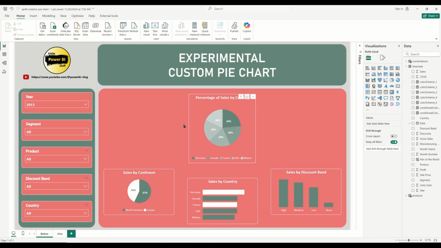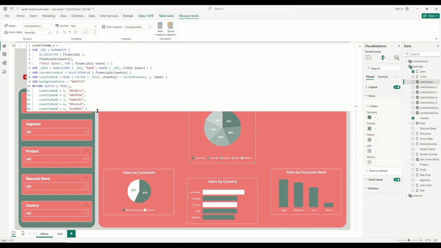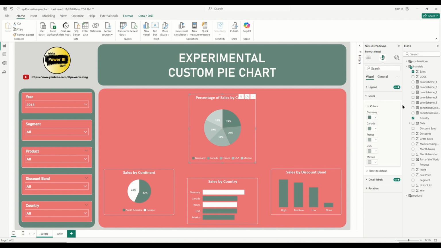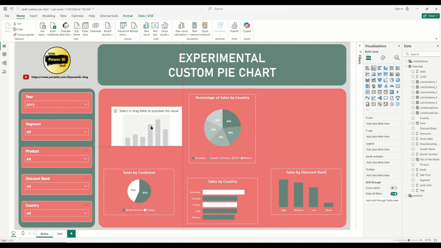We will start off from such a simple pie chart, though this simple has a secret behind. If you think this gradient color theme was carefully handpicked by me in the color selection section of the visual menu, you're wrong. In fact, there is a measure which defines all those colors, this one. But how did I apply it to the pie chart? As you may have noticed, there was no such an option in the menu to assign a measure for this purpose. Easy, guys. We can add a bar chart, apply our measure